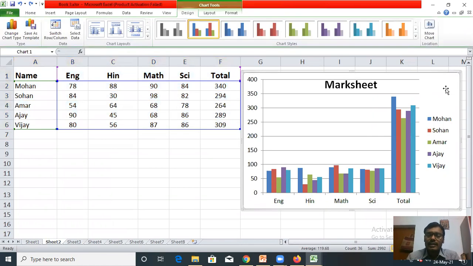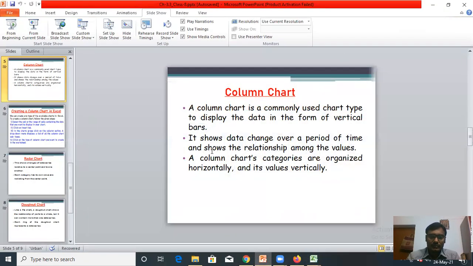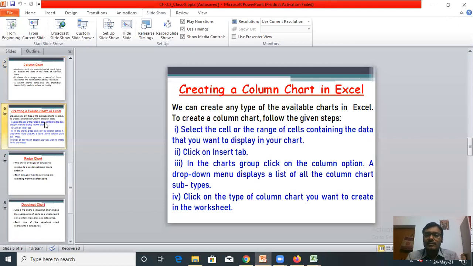Today we will learn how to create this column chart, which is a commonly used chart type to display the data in the form of vertical bars. Now coming to the points, creating a column chart in Excel.